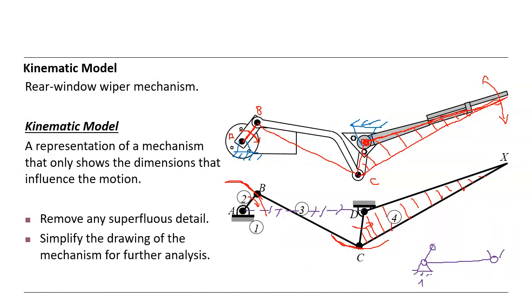And this is this one. This we call also 1. That means this member is 1. This link is 1. And then we said this is A, and this is B,